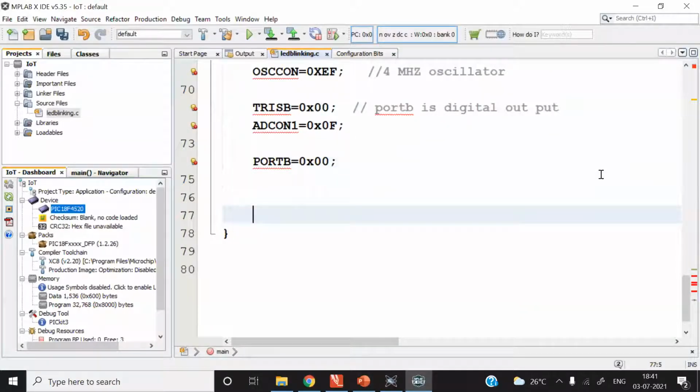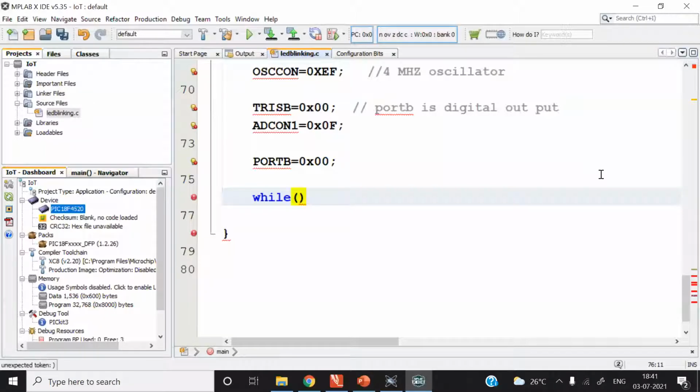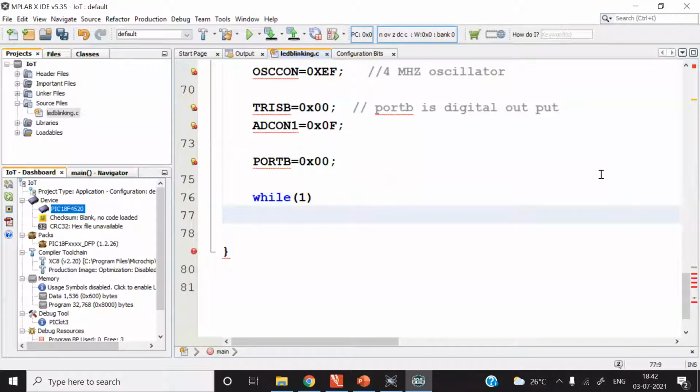After that, we'll keep our program busy in a while loop. This is a never-terminating while loop. In the argument of this while loop, I will write 1, so this while loop will be executed indefinitely.